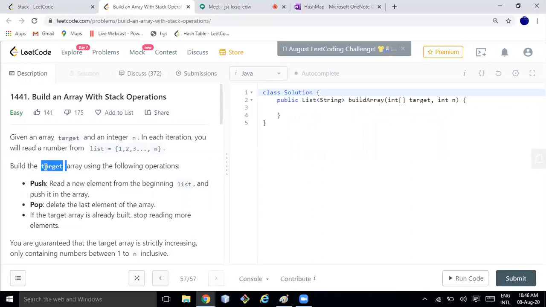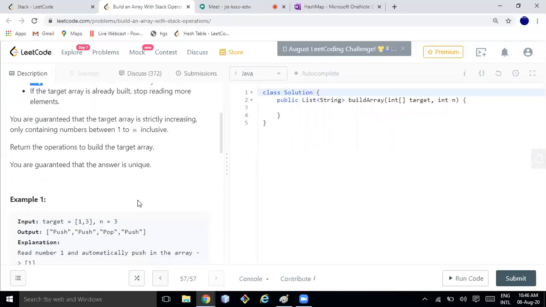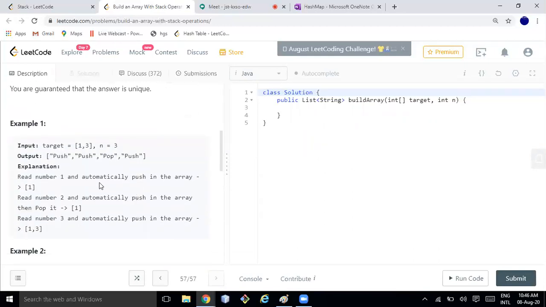Build the target array using the following operations: push and pop. You have two operations. Let me help you understand using this input. 1 and 3 is given and n is equal to 3.